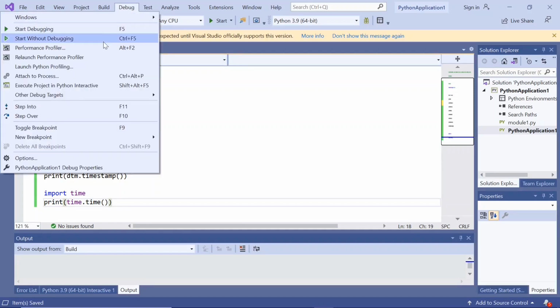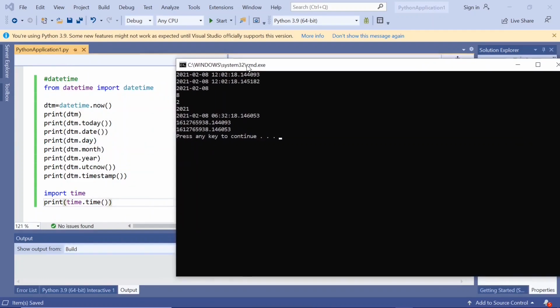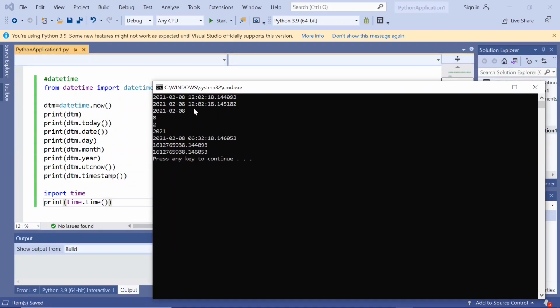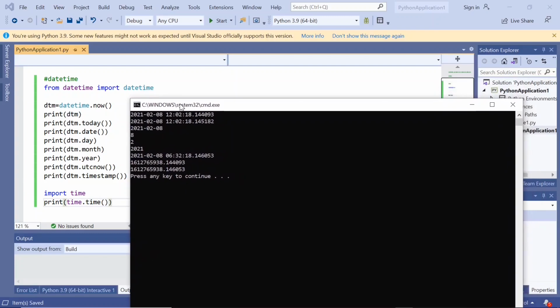So let us execute this. The first one is datetime.now, that is year, month, day, hour, minutes, seconds, and then microseconds. And dtm.today also gave us the same thing, date and time, hours, minutes, seconds, and then microseconds. And then dtm.date is